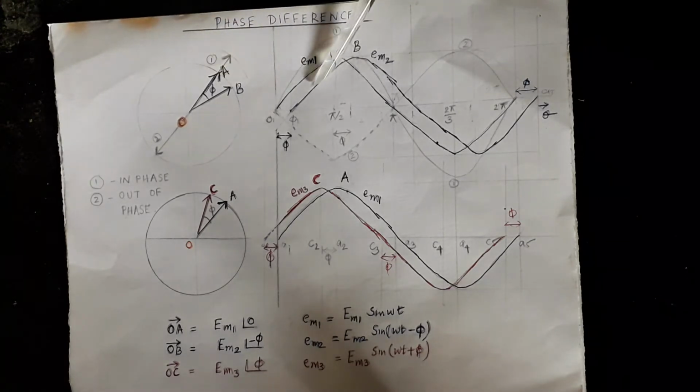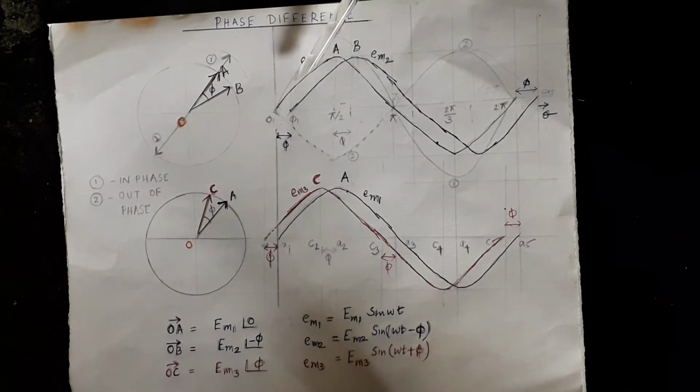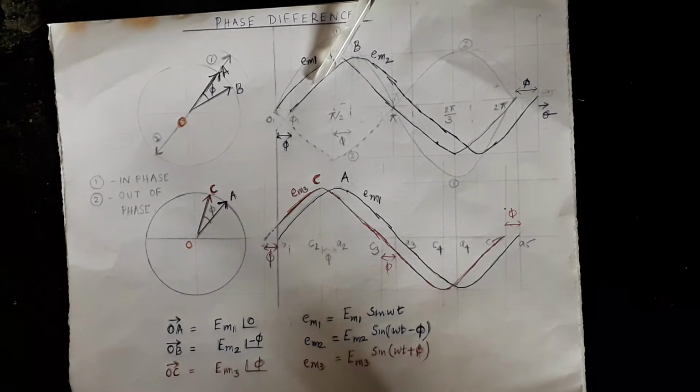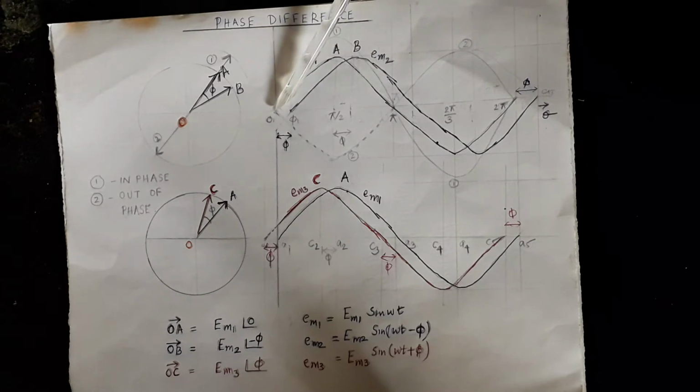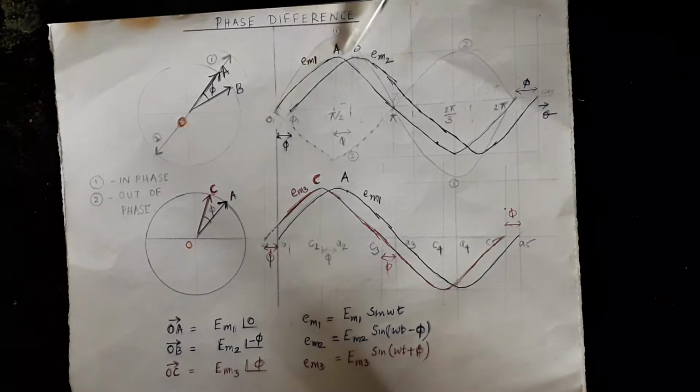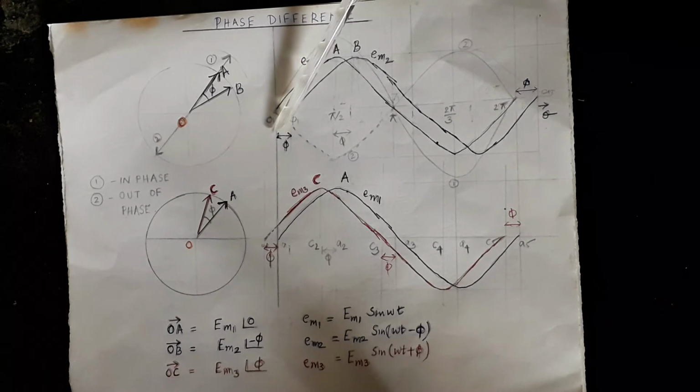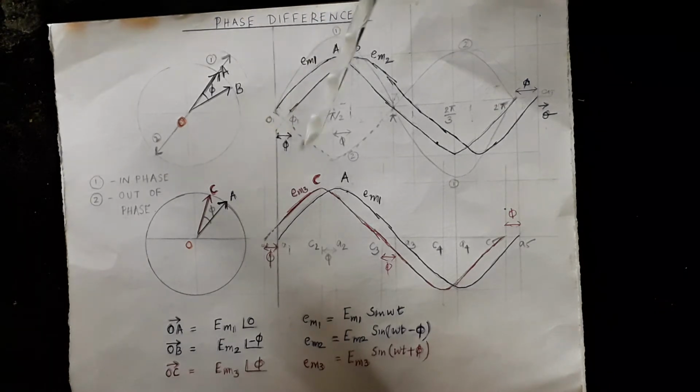Now you have to find out, from the sinusoidal waveforms, whether there is a phase difference between the quantities, and which one is lagging and which one is leading. In this case, e_m1 starts at t equal to 0 with value 0. It is taken as reference. At t equal to 0 you can see the value of e_m2 is not 0, but some other value on the negative y-axis.